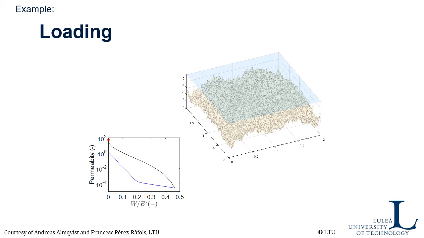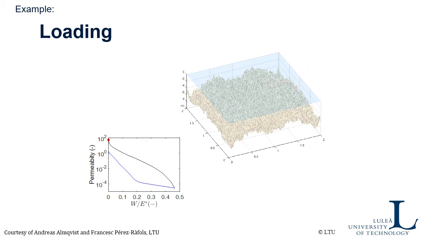This diagram actually shows the permeability, that means how easy it is to flow a fluid through the gap in between these two surfaces. The fluid is hindered by the asperities, of course, and so it must flow through the valleys and find its way through